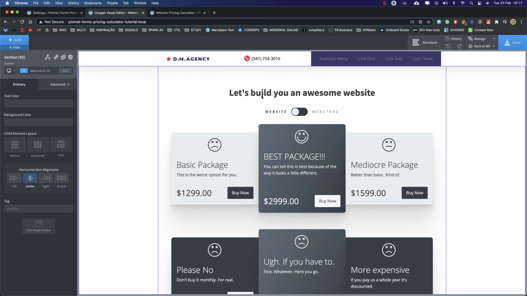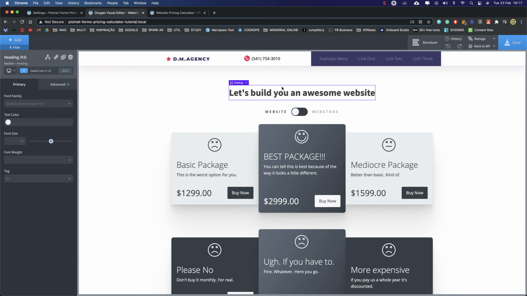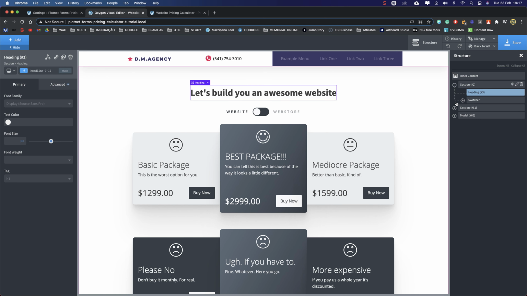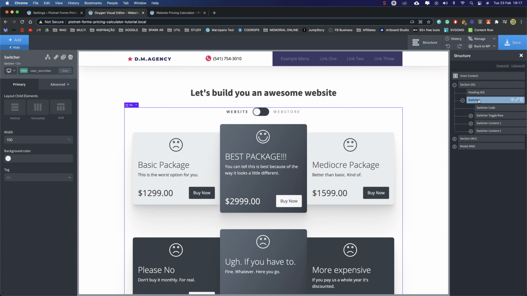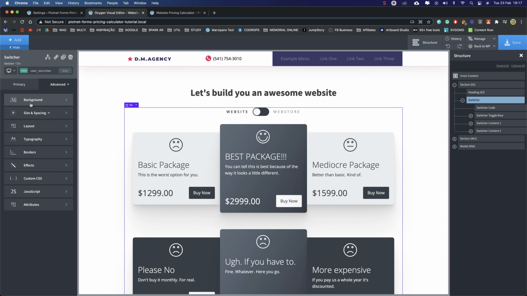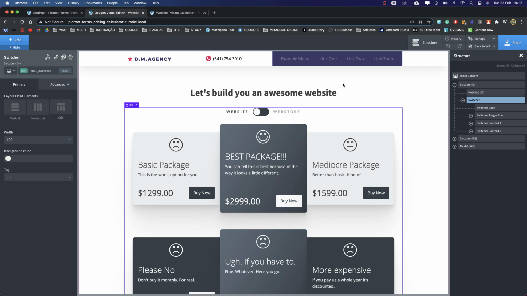So here we are on the page. Let's open the structure panel. It just has a simple heading. Then we have the switcher, which is a composite element from Oxygen, and the switcher has two pricing tables, one for App Store and one for website.